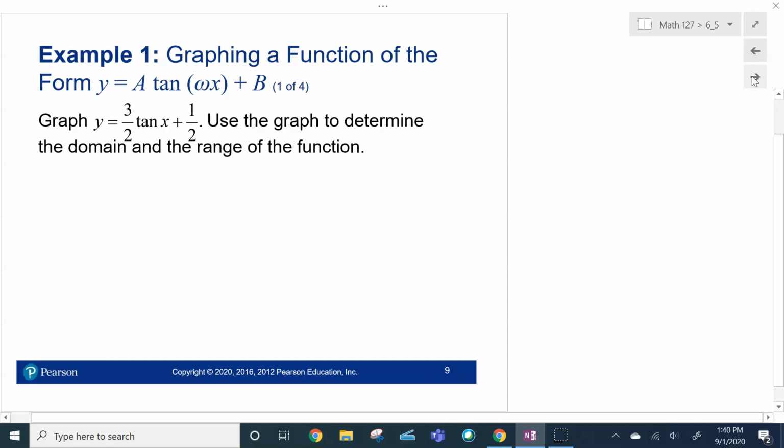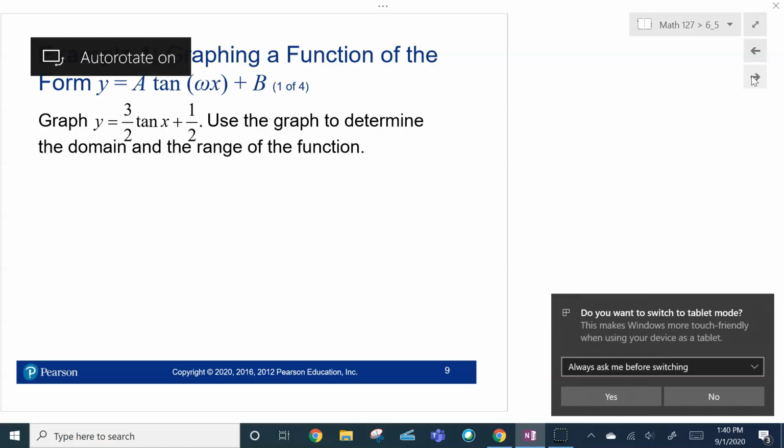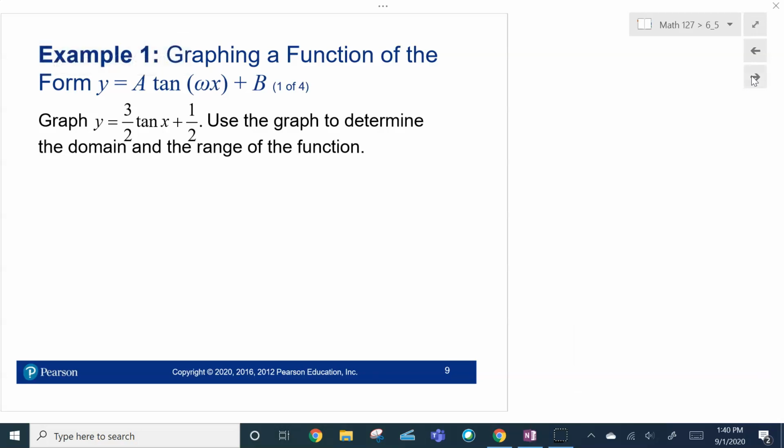All right, now let's do tangent x plus a half. You know what? Let me stop right here, and I'm going to make this into a second